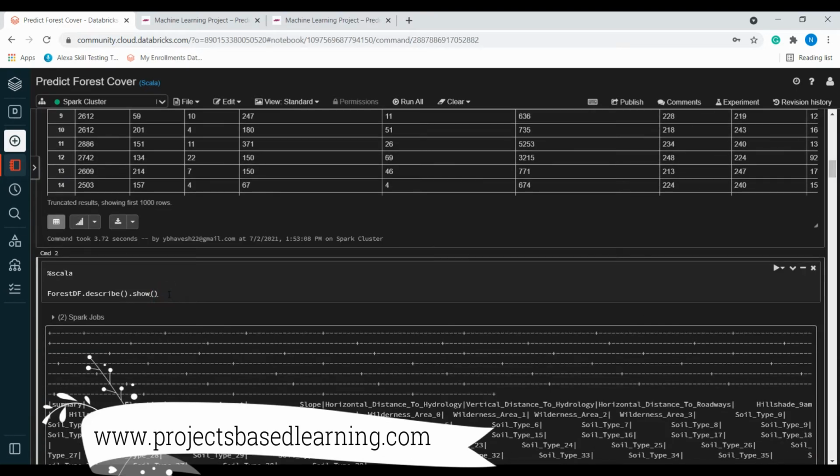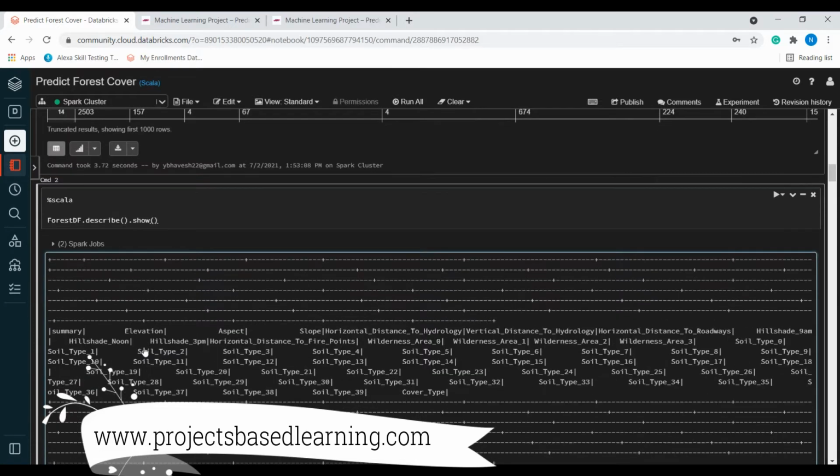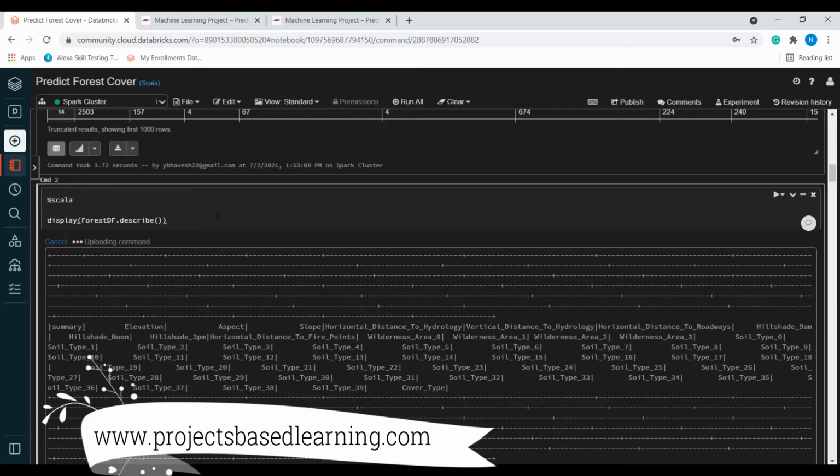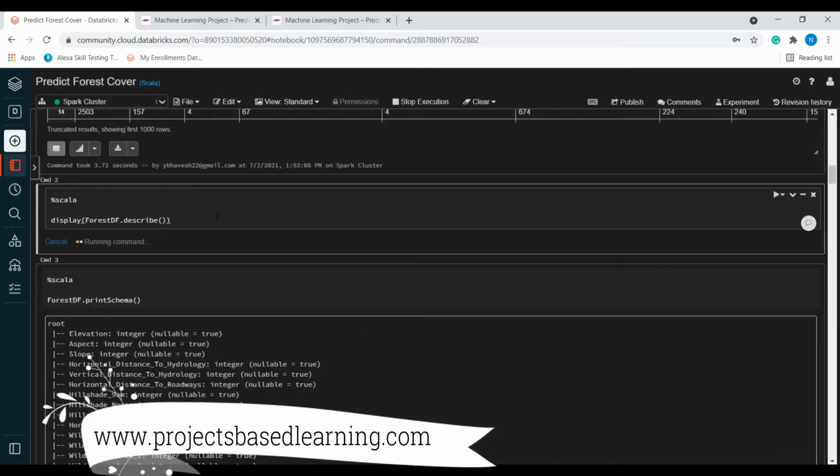Here we are using forest df.describe. Describe will print the summary statistics. Instead of .show, I will use display, because show output is cumbersome and I want to make it very viewable.